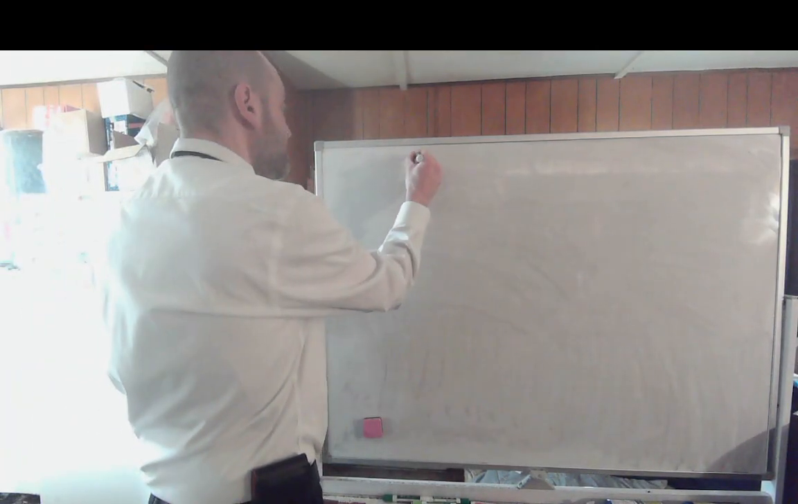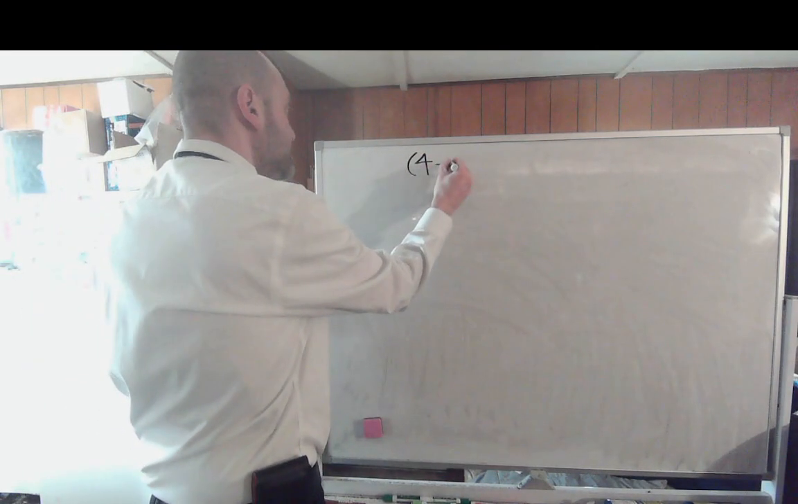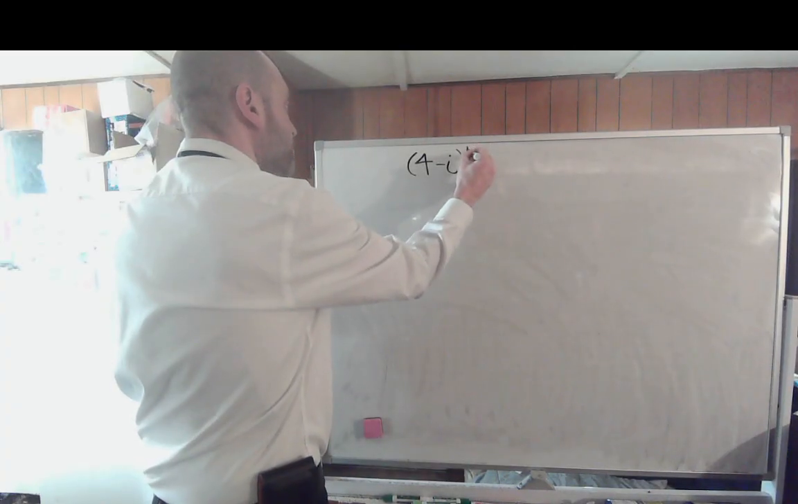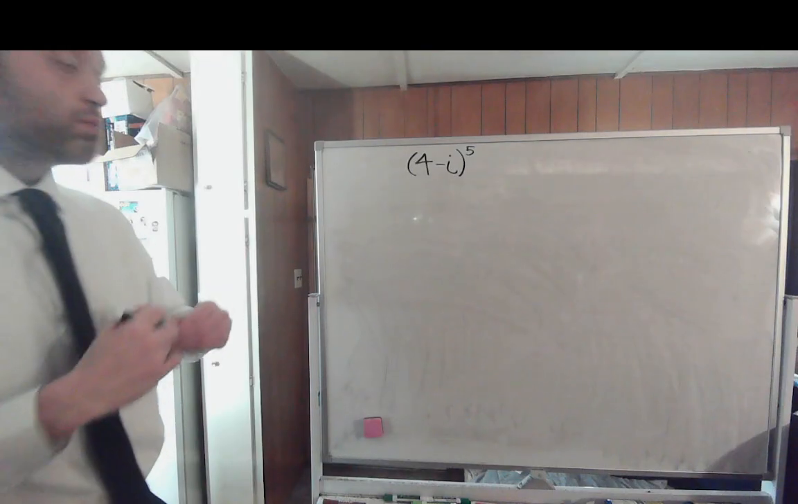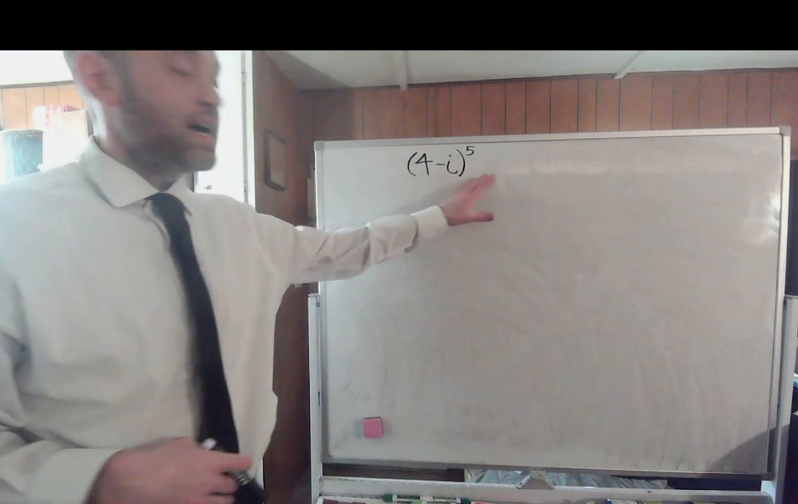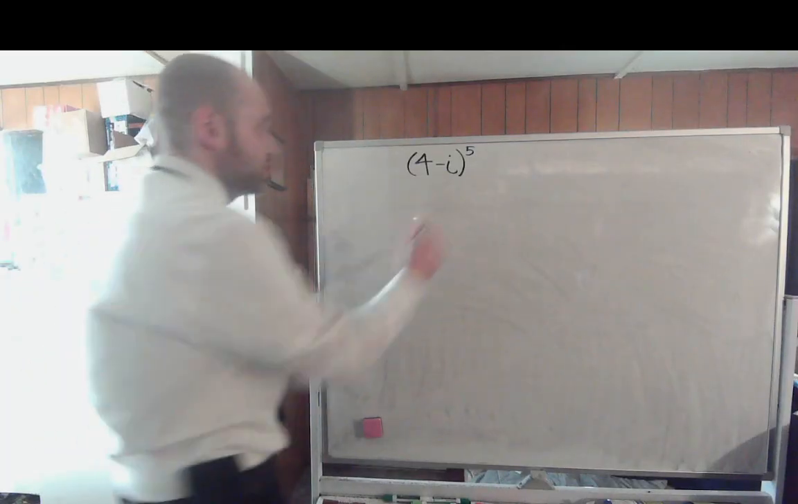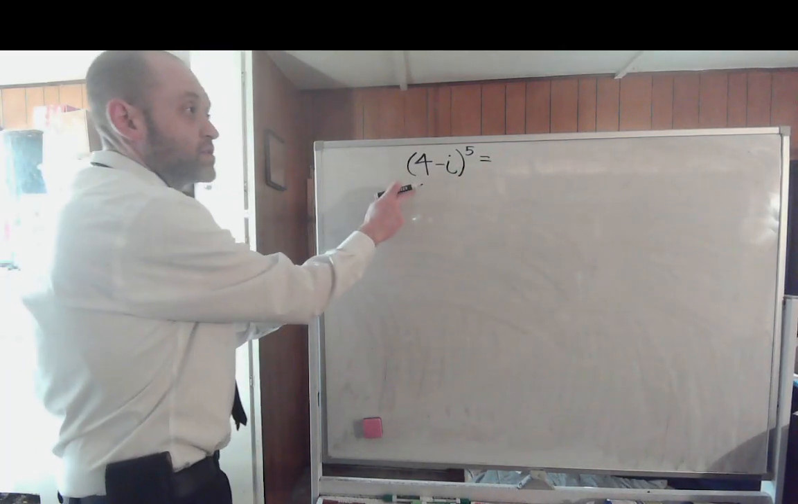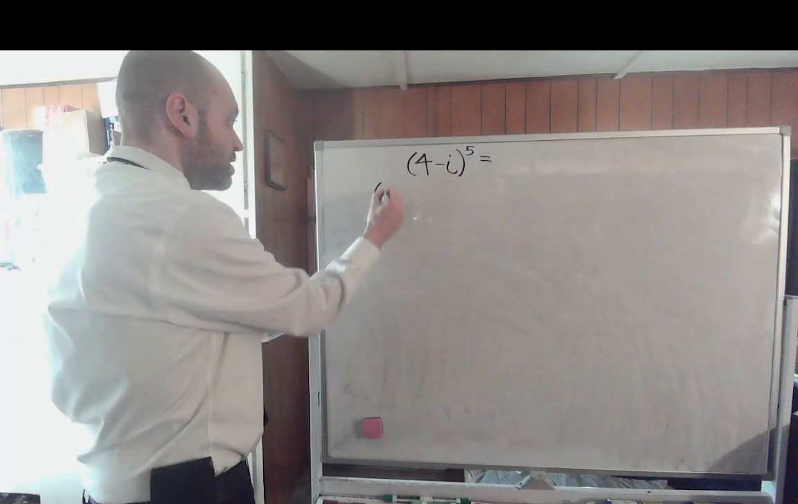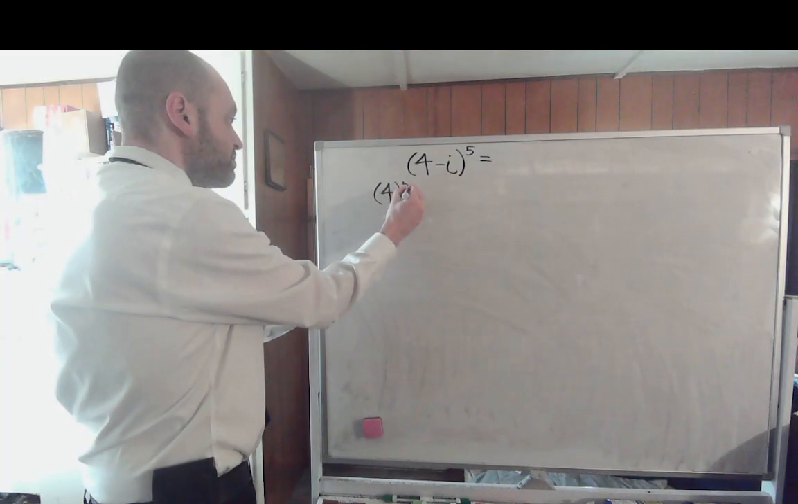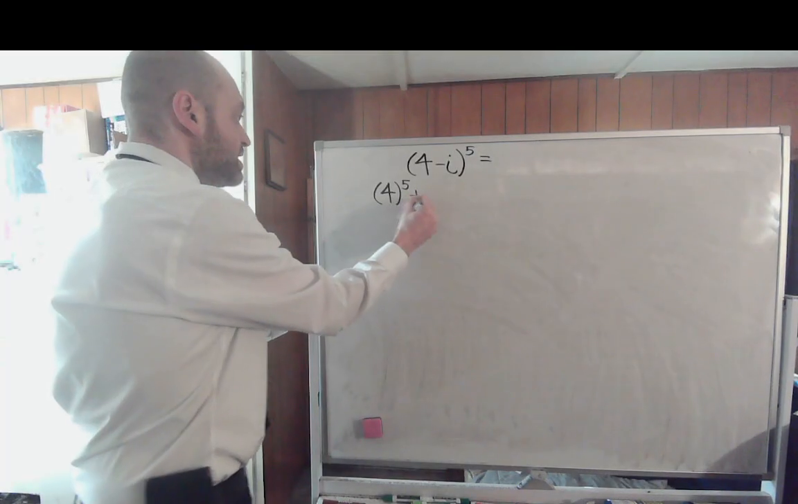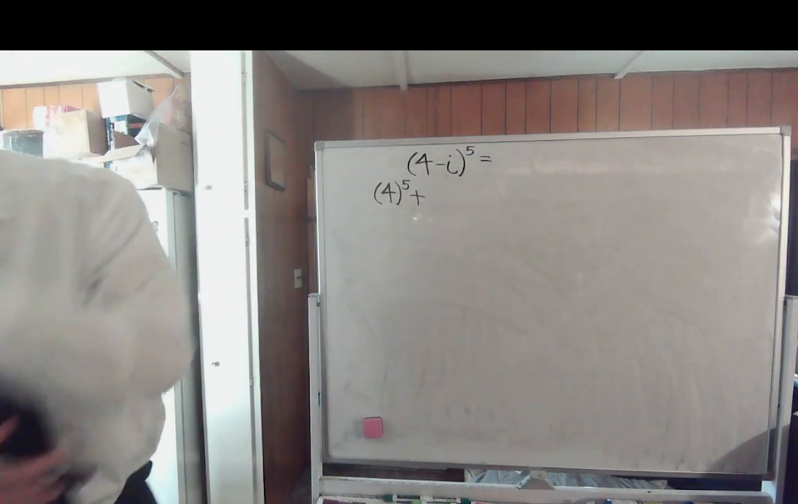Okay, now let's say we have 4 minus i. We're going to raise that to the 5th power. So we're going to take 4 minus i, raise that to the 5th power. So take your first term, in this case 4, raise that to the 5th power, plus,